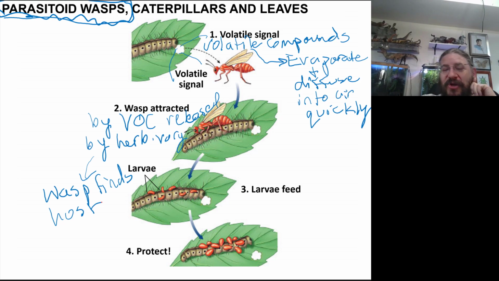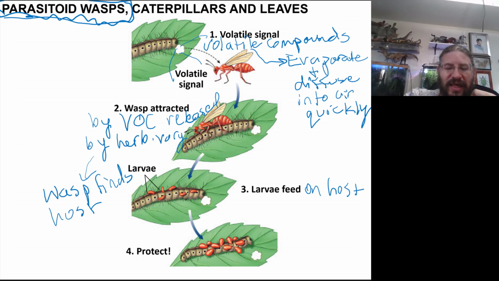Instead of releasing a chemical that kills or harms a caterpillar, which we see, you know, like in milkweeds, where caterpillars can evolve to protect from that, you go another route, which is attract their predator. And in this case, not even their predator, their parasitic wasp. Oh man. So, yeah. The larvae feed on the host,